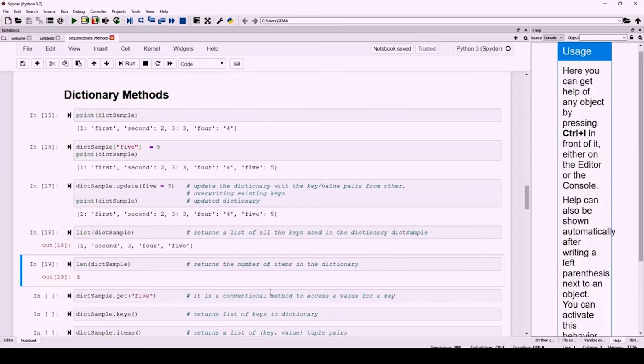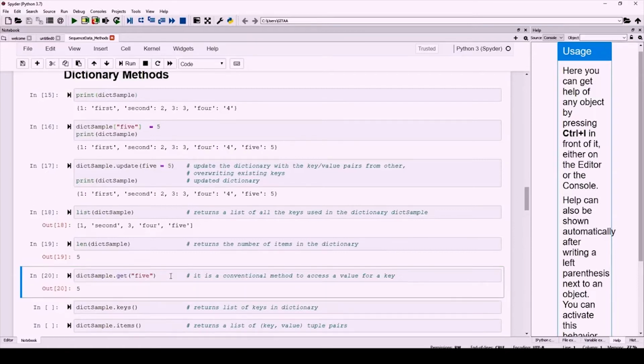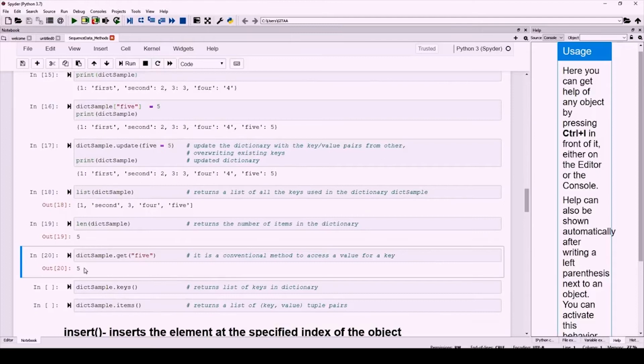So basically we have 5 items in our dictionary, and there's also a conventional method to access a value for a given key. So for example, if you know a particular key and you just want to access the corresponding value of it, then you can get that using the method called get, and you have to just give the key of interest. So the value corresponding to the 5 key is the value 5.